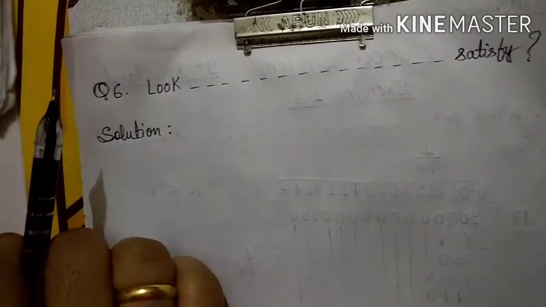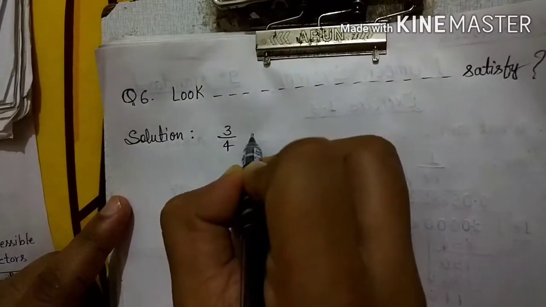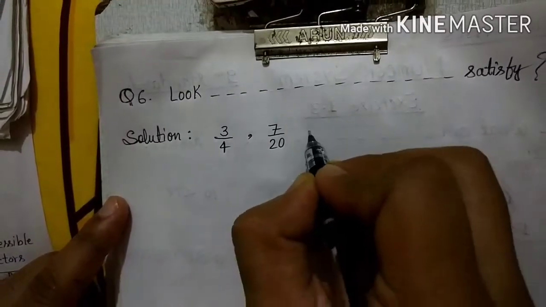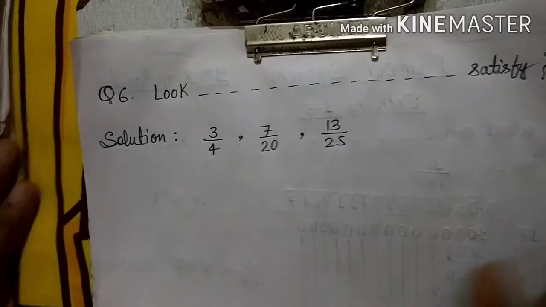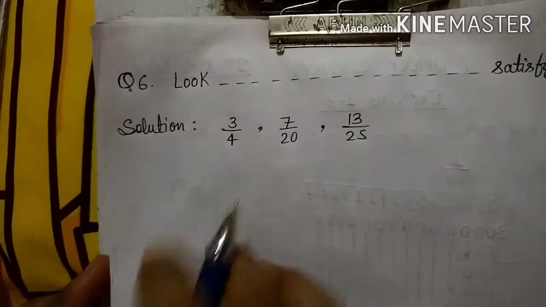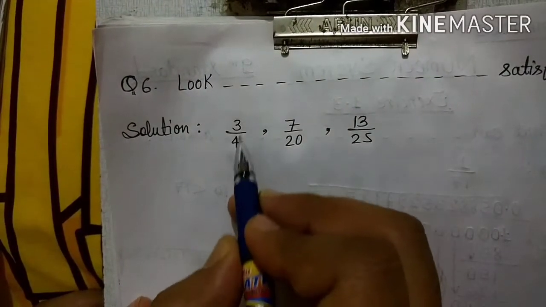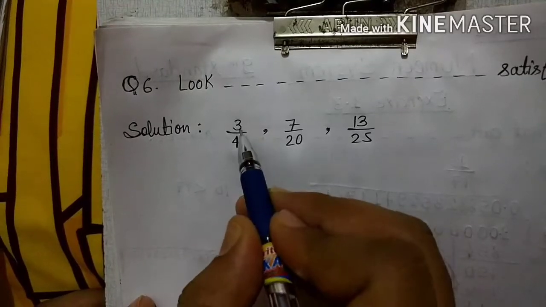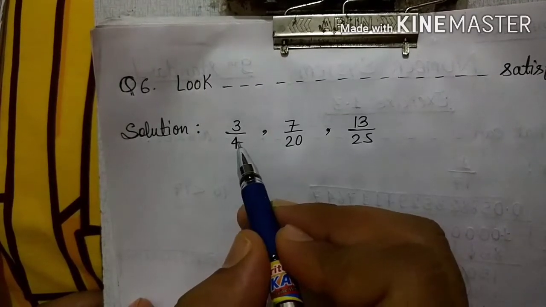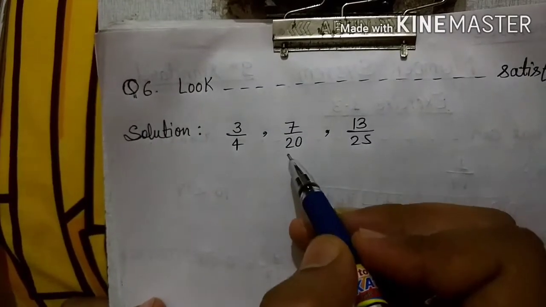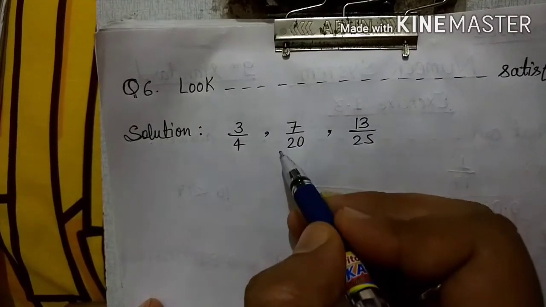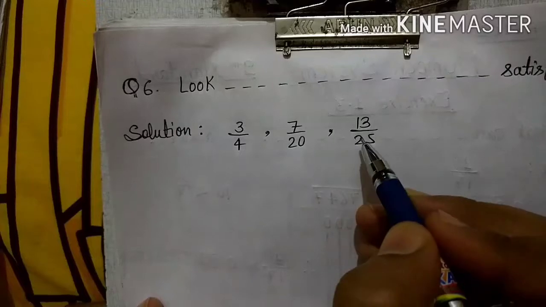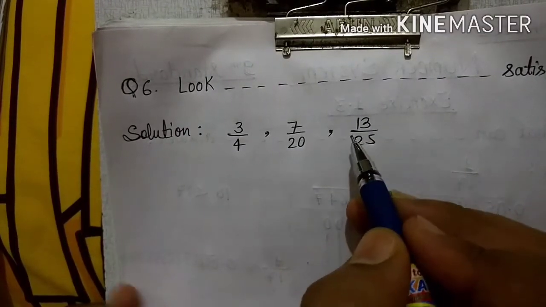Okay, let's take examples of rational numbers having terminating decimals. Let's take 3 upon 4, or 7 upon 20, or 13 upon 25. Okay, these are the various examples we have taken. Now as you can see, the question says they should not have any common factors other than 1. So 3 and 4 do not share any factor except 1. Even 7 and 20, 7 does not come in the table of 20, so they have only one common factor, that is 1. And 13 upon 25 also has only one common factor, 1.